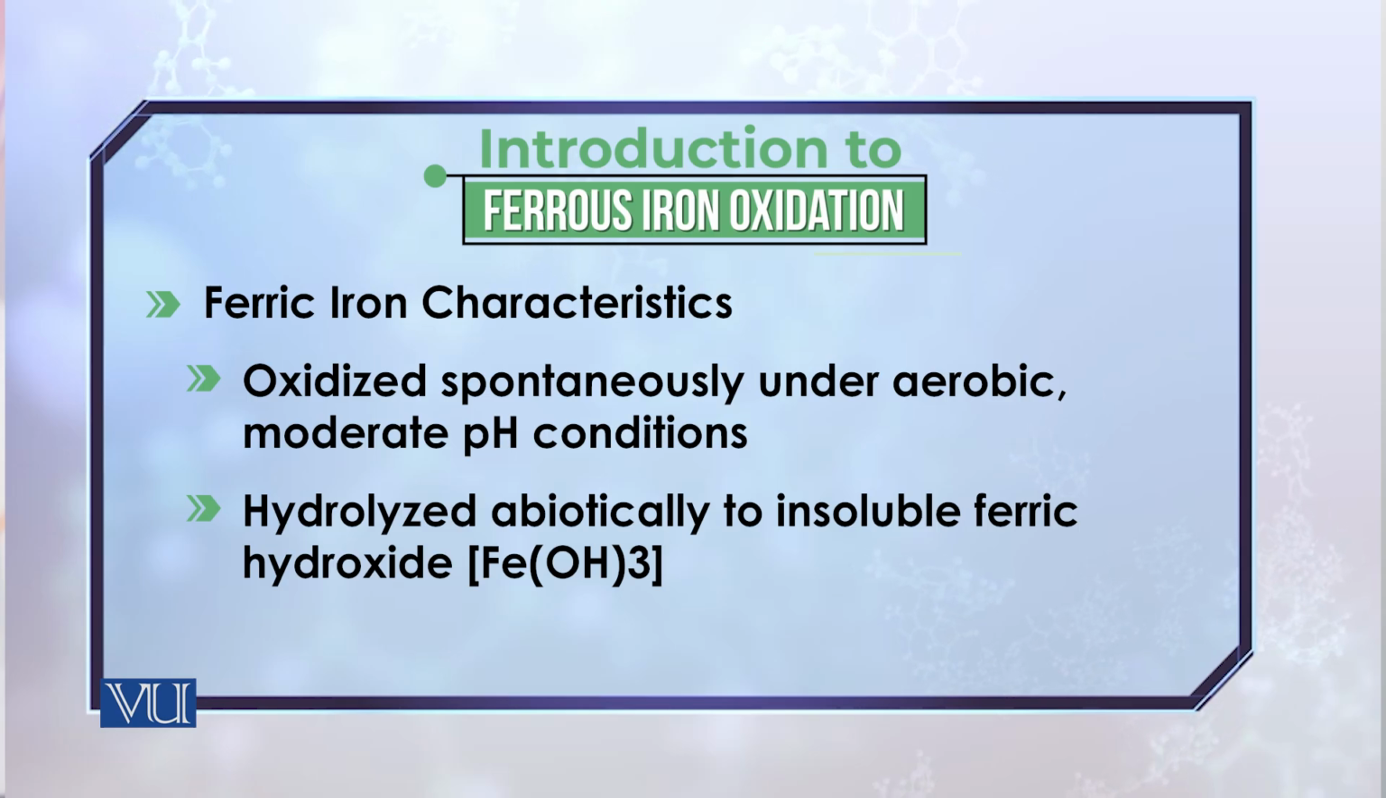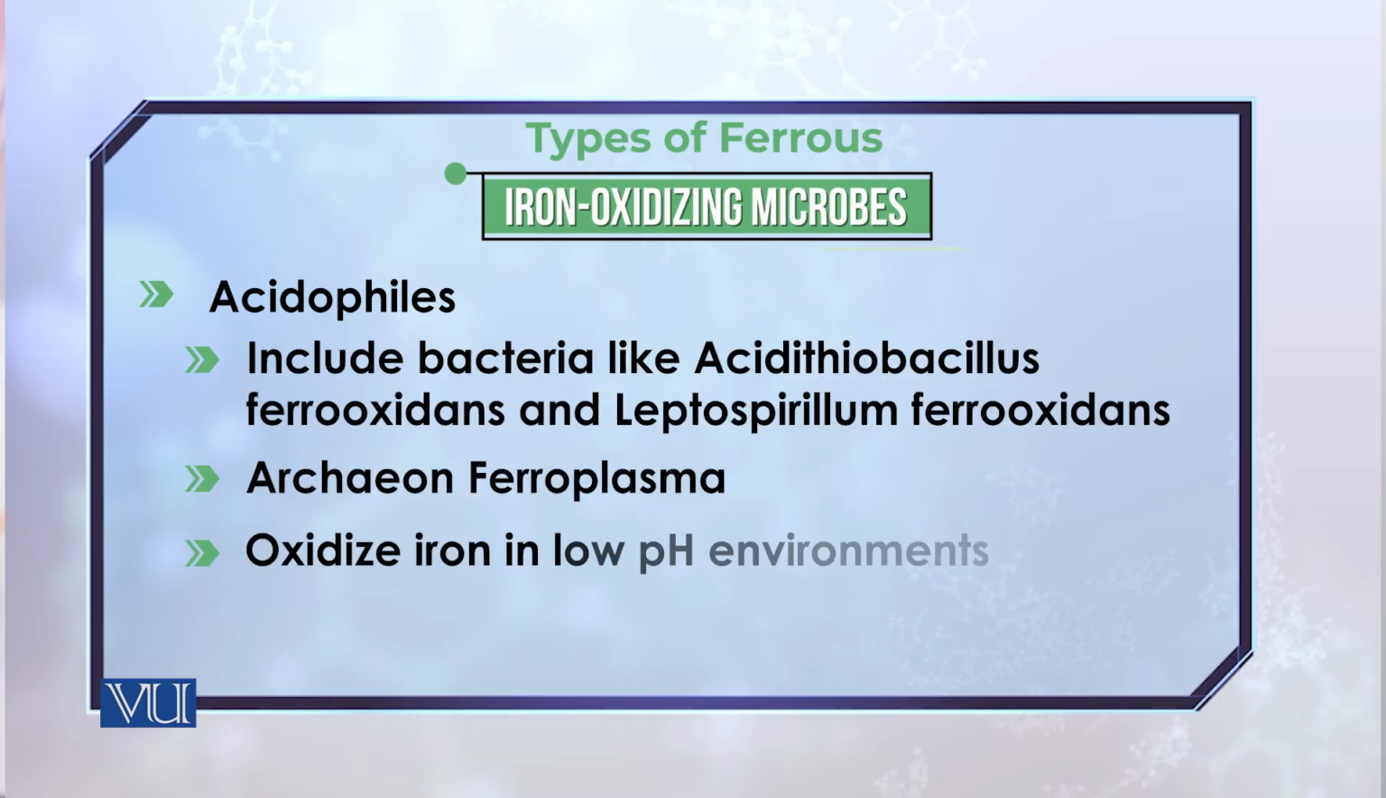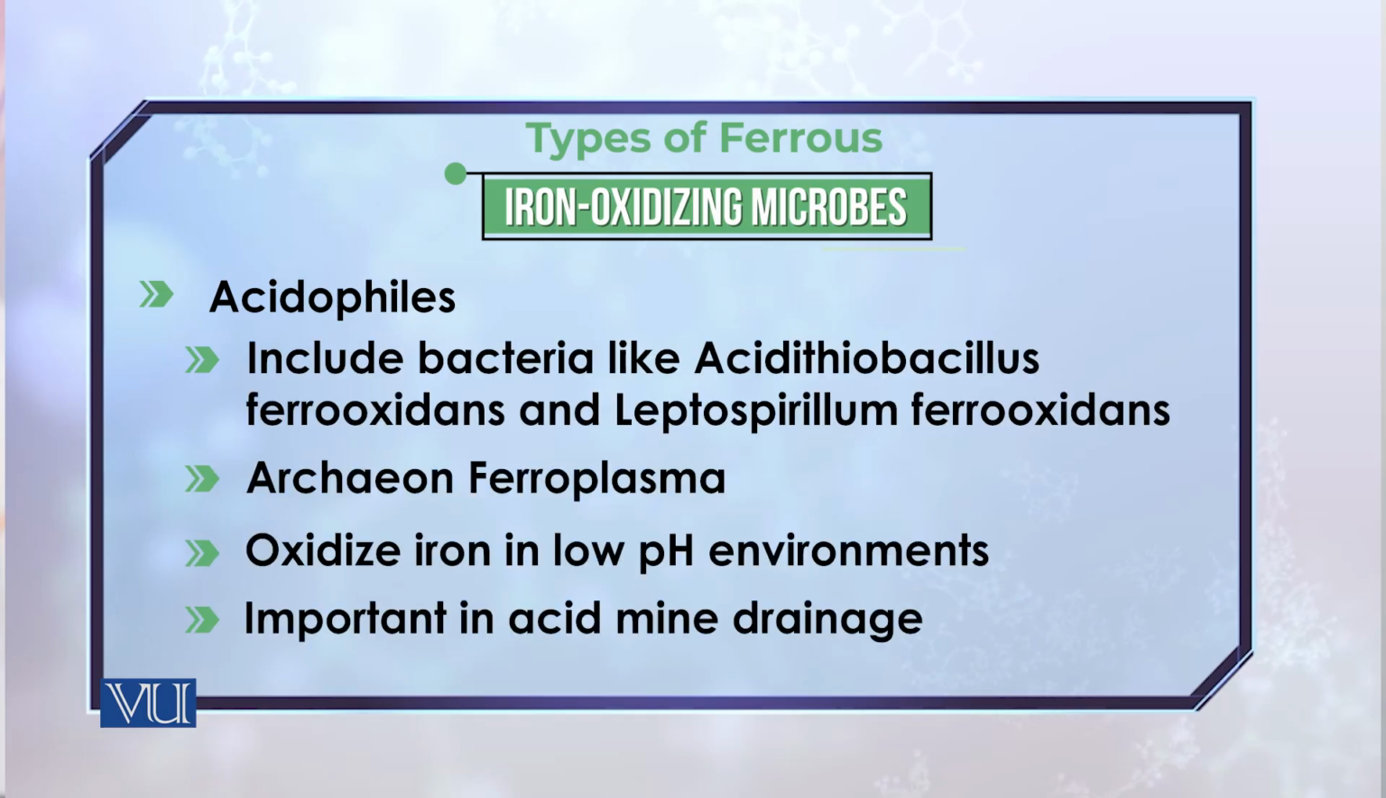Then you will see there are different types of iron oxidizing bacteria which show how diverse they are. For instance, there are acidophiles like Acidithiobacillus ferrooxidans and Leptospirillum ferrooxidans. And there are certain archaea also. They can thrive at a very low pH, at very acidic conditions, and they are very important, for instance, in